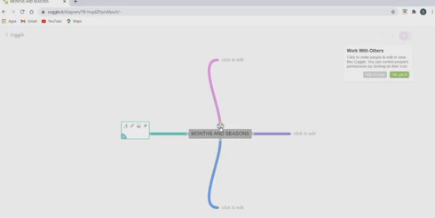You will get 4 branches from this box. If you want one more extra, wherever you select the plus button, you will get one extra branch. So we got 5 branches. In each branch you have an option called click to edit. If you click on that, the first step is to type your subjects.